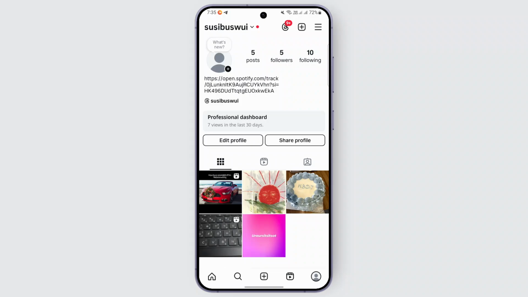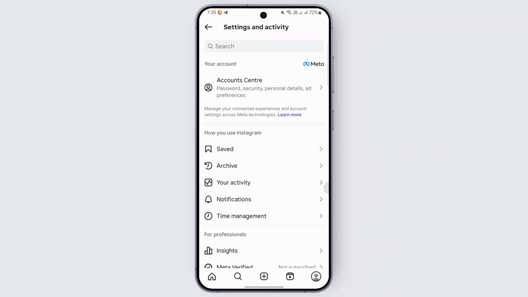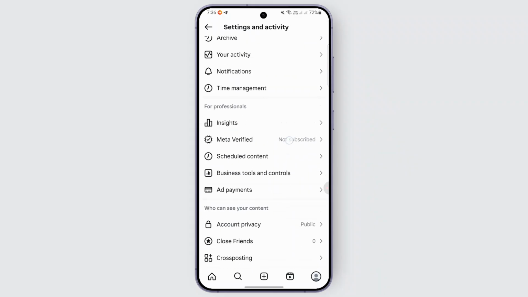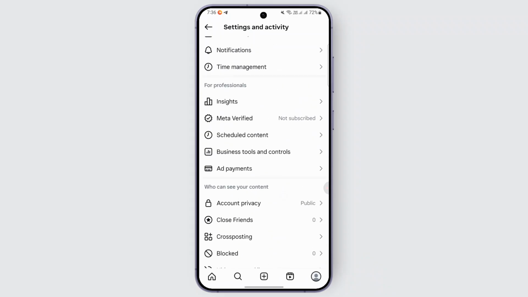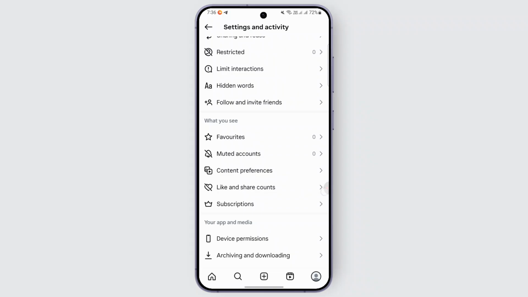this process. Now from the given interface, you may locate the three lines. You may just go ahead and tap on it and open up the menu, your settings. Now from here, in order to turn off the professional dashboard, your professional account, you may scroll down, and then you may go ahead and look out for this option right here, which is